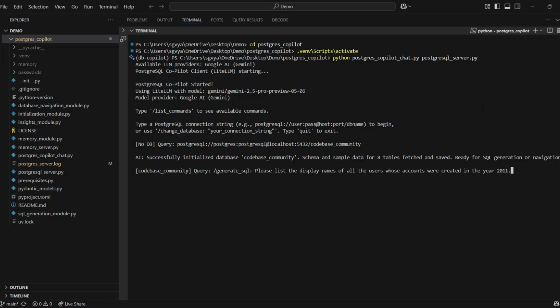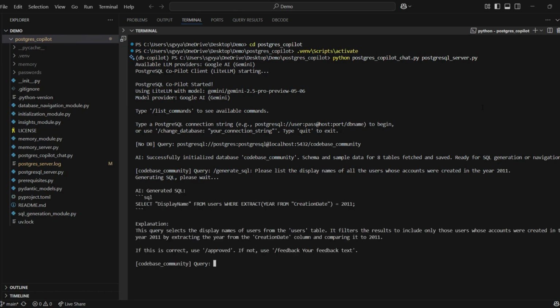Hello, welcome to the demo of DB Copilot, also known as Postgres Copilot, because it can connect to PostgreSQL databases for now. So once you have the application up and running, you can use the /generate SQL command with the natural language query for which you want the SQL to be generated, like I'm doing over here. Once you do that, you will have the generated SQL and the explanation for the SQL for why the